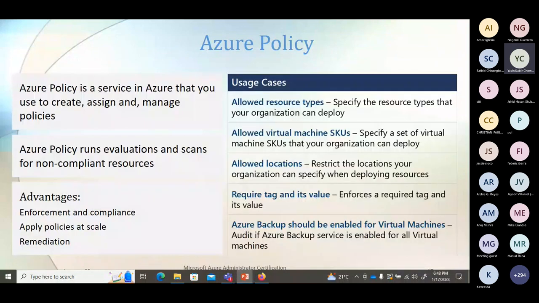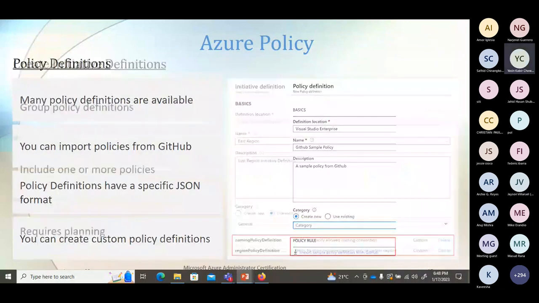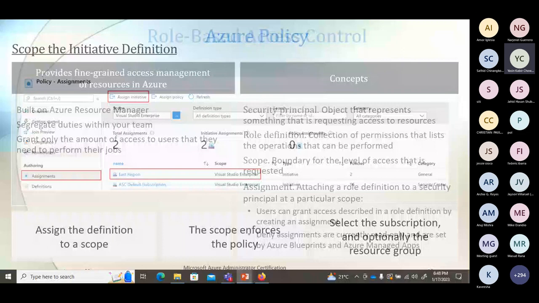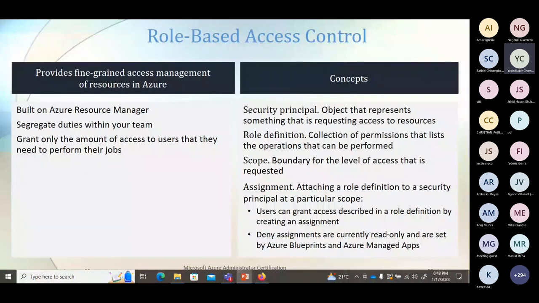So we have done Azure Policy. Now, role-based access control. What is role-based? Role-based means you have some roles, and from roles you can have some access permission. From that access permission you can have an authorization to access something. That is the role-based